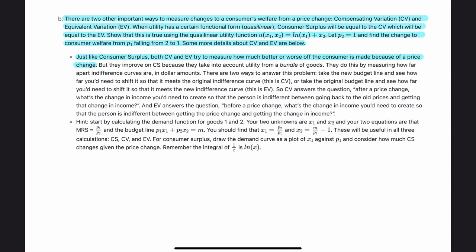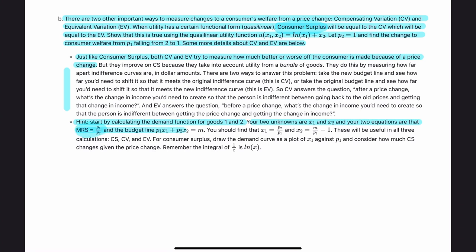I'm going to skip this for now, solve the problem for consumer surplus, and then come back to discuss what CV and EV are. This hint is important though. So my first step will be calculating the demand functions for goods 1 and 2. My 2 unknowns are x1 and x2, and my 2 equations are that the marginal rate of substitution is the same as the price of good 1 divided by the price of good 2, and that the budget,